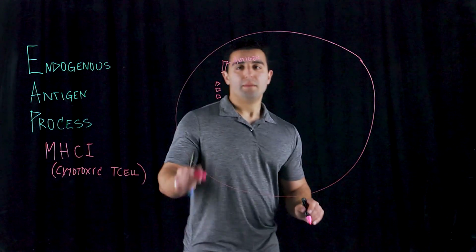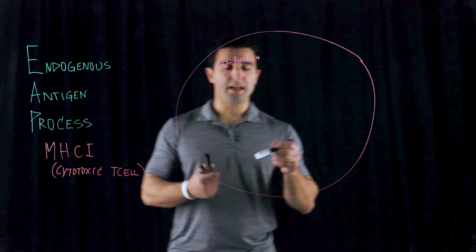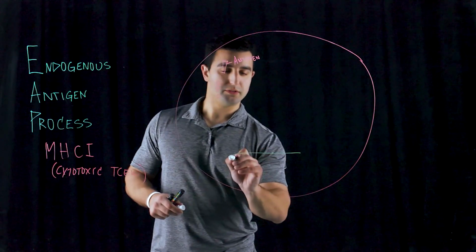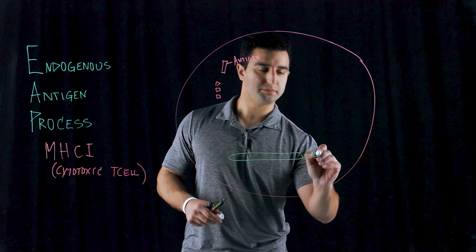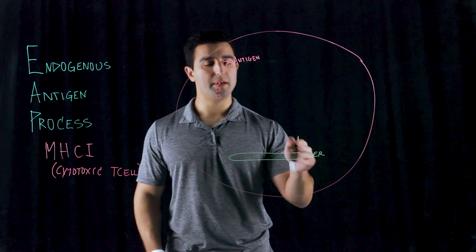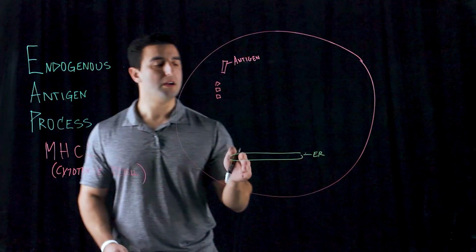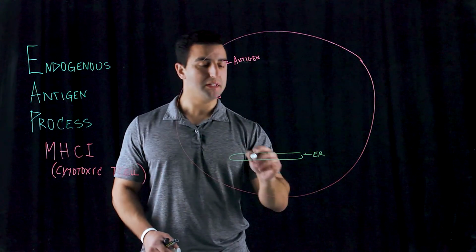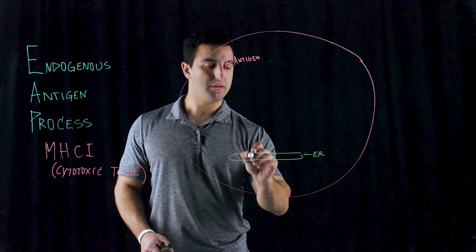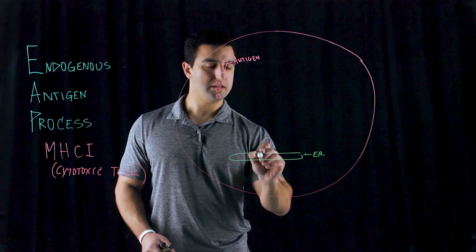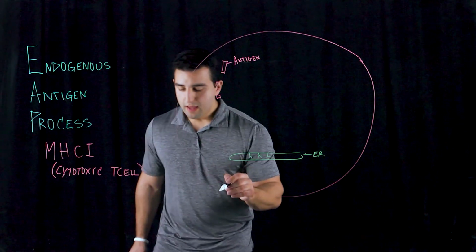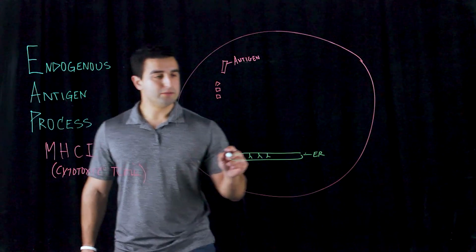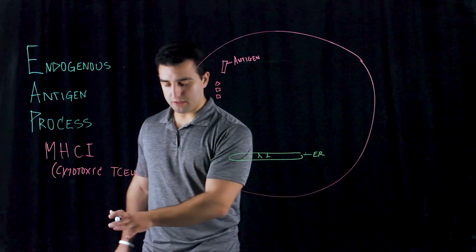All right, breaks down, and then here in the actual cell, you have this little structure here. This is called the ER. If you remember, what does the ER stand for? Endoplasmic reticulum. Specifically, the rough ER helps with the generation of protein, and the specific protein of choice that I'm looking for now is these MHC class 1 receptors, right? And so what happens here now, this antigen